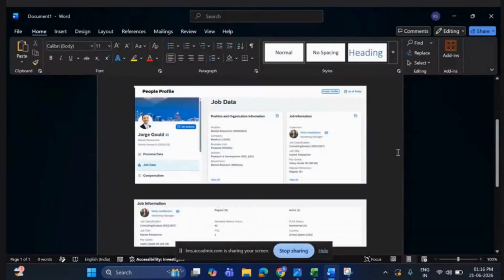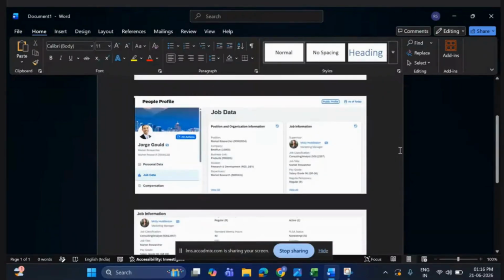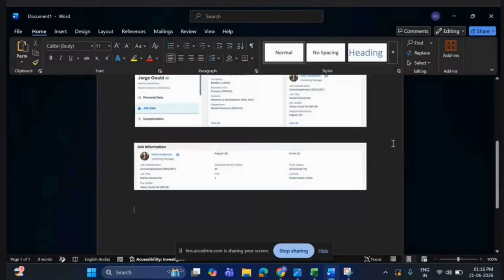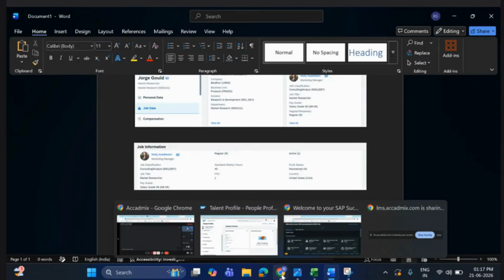Then this is the personal data. And there is the job information. Reporting manager Molly. Okay. The last one I was not able to get it.